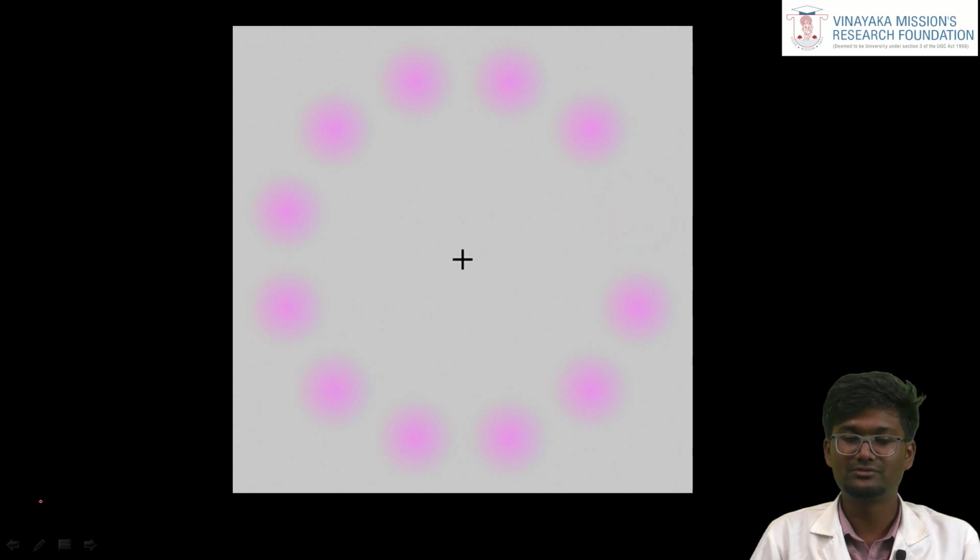1, 2, 3, 4, 5, 6. Yeah, the dots disappeared, right? For me, the dots disappeared in 6 seconds. For you it may vary. The reason for the disappearance of the pink dots which surround the cross is that there are specific on and off pathways in our visual system,